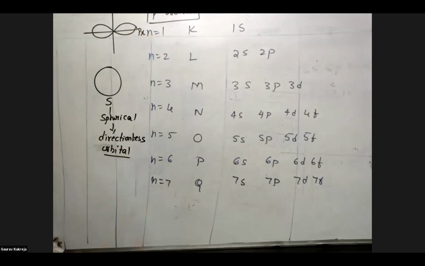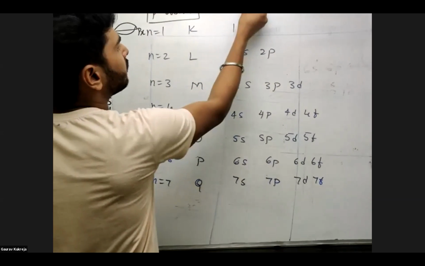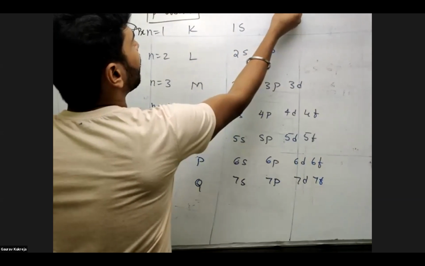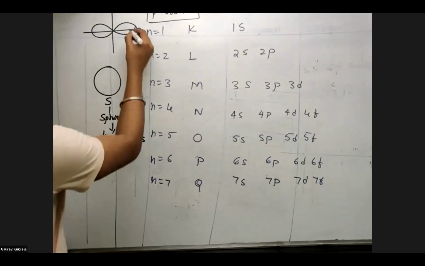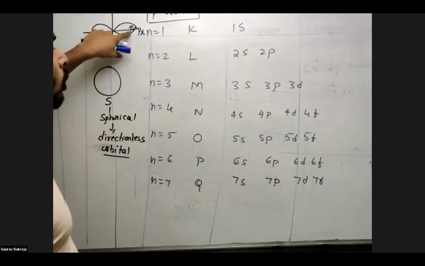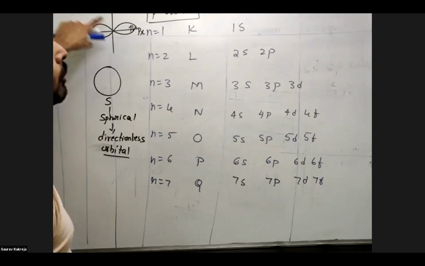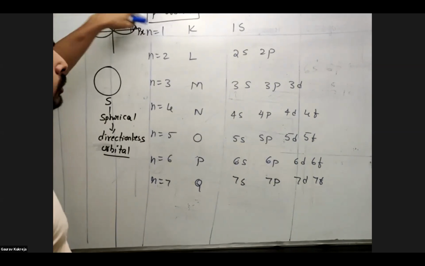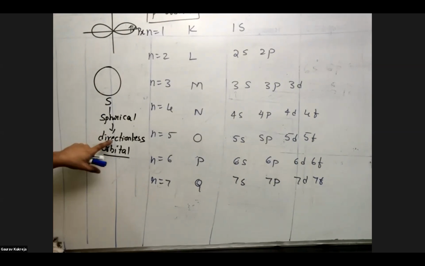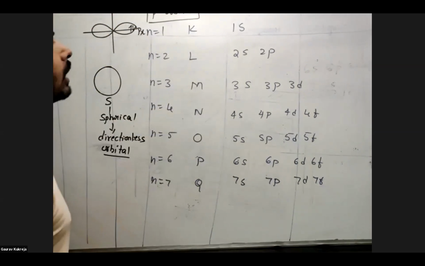For p orbital, any of the orbitals, they are directional orbitals. Why? Because see, electron revolving in x-axis, you won't get them in y-axis. मतलब इलेक्ट्रॉन जो px में घूमता हो, वो इलेक्ट्रॉन को आप एक्सपेक्ट नहीं करोगे y-axis में या z-axis में, क्योंकि they are now restricted to revolve in x-axis. So there is some directional restriction on p orbital. So that is not you can expect in s. So that's why s is called as directionless orbital, and p, d, f, all the three.